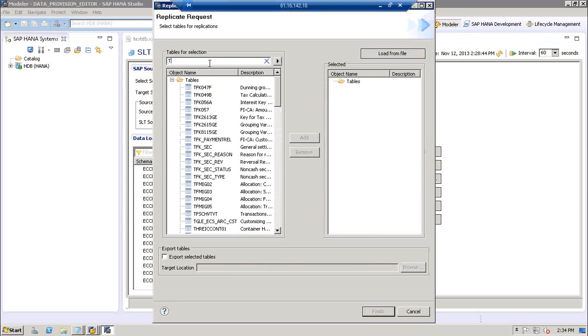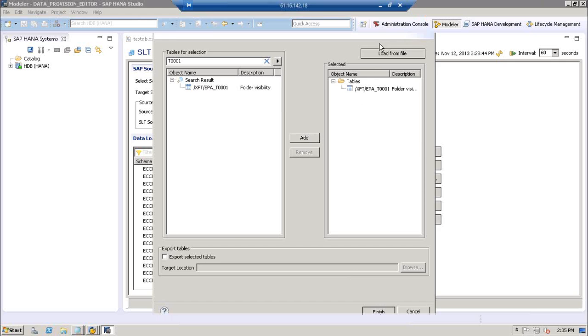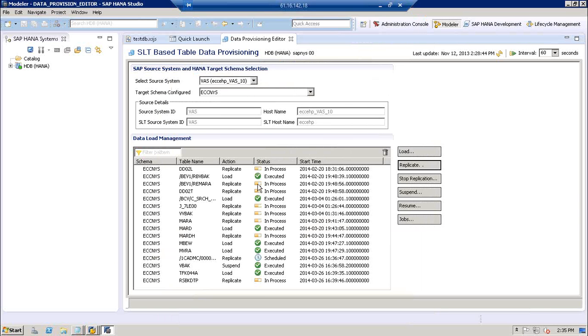So I choose table T001. I click on this one. This is one of your tables, because T001 is already replicated. I select this, and if I click on this one, it will say authorization is not there or something. Wait just a second.